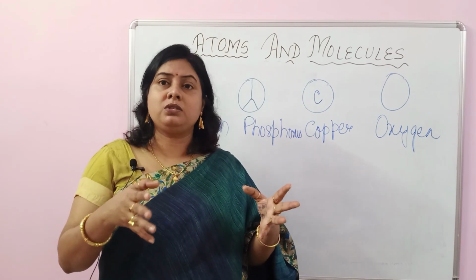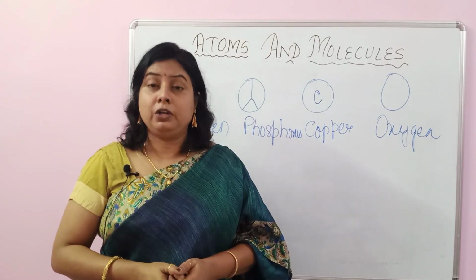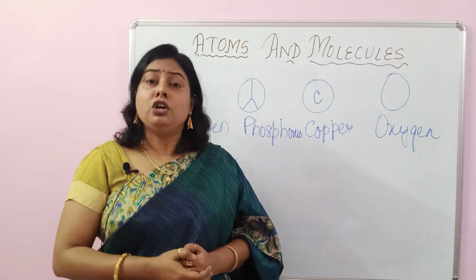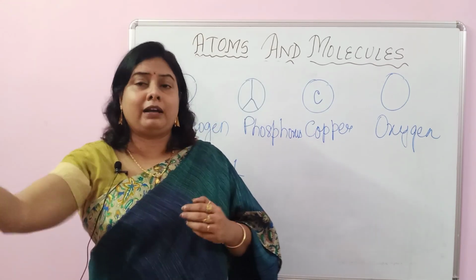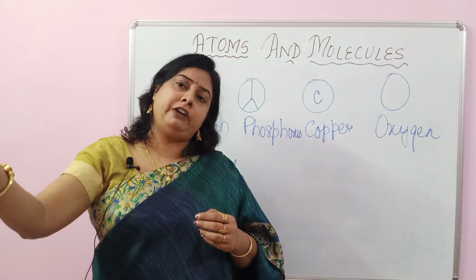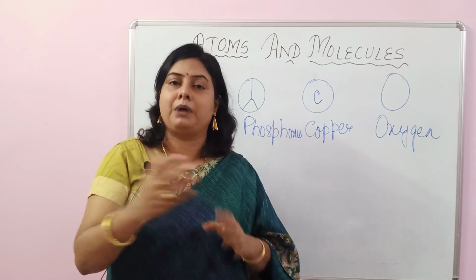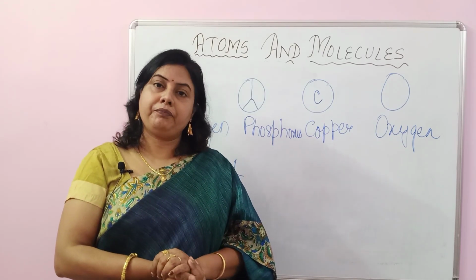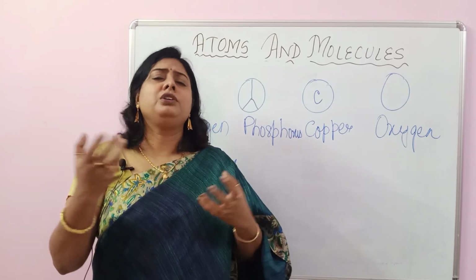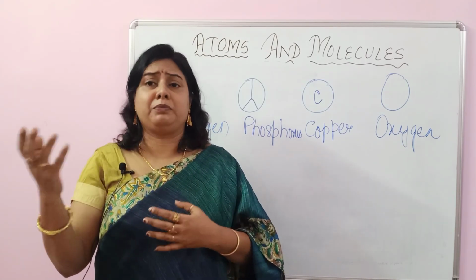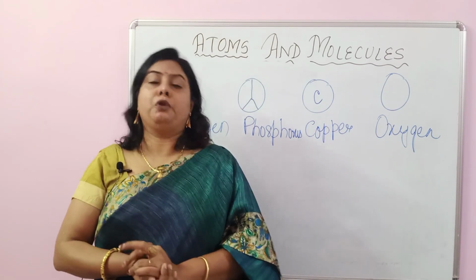If it was the actual mass that I said, 1.673 into 10 to the power of minus 24 gram, it would be very difficult to work with. Because we are finding this mass in relation to another element or atom of an element, we call it the relative atomic mass. You are also supposed to know the general atomic masses or relative atomic masses of various elements that are given in your NCERT book.